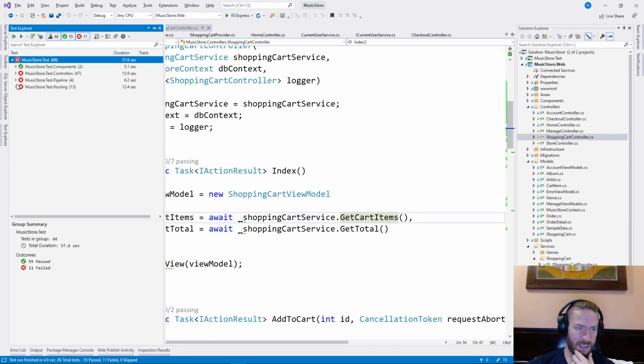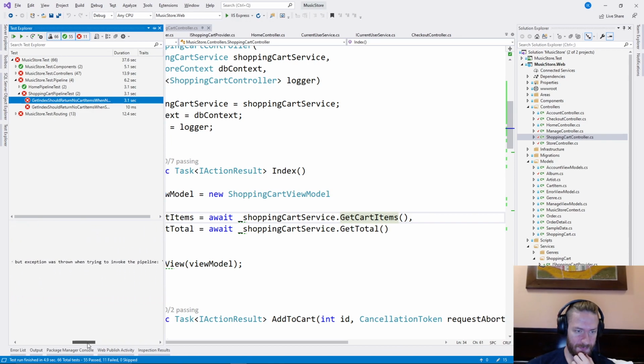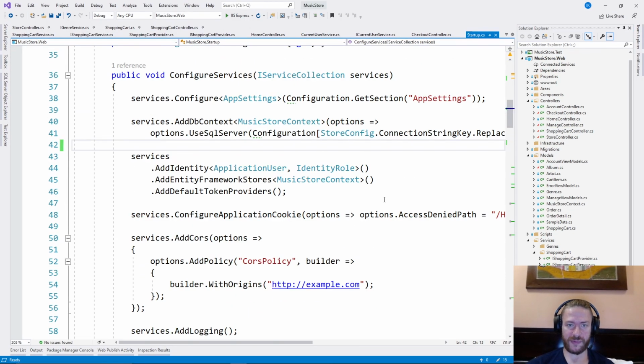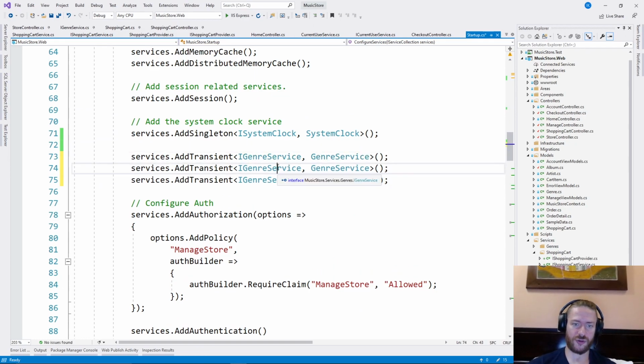Yep, failing. Pipeline, shopping cart. Unable to resolve service of type. So let's fix that. Let's go to the startup. Let's go and add I shopping cart